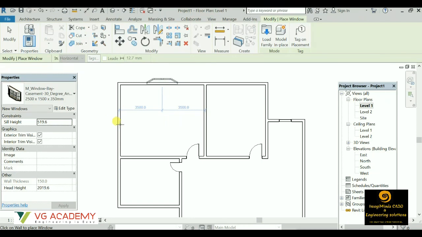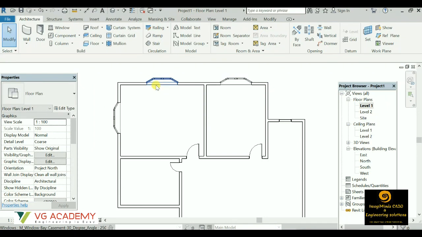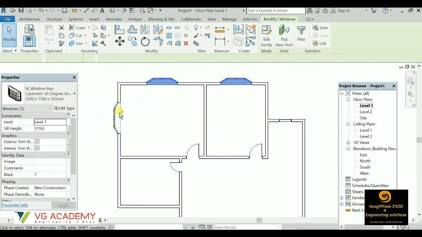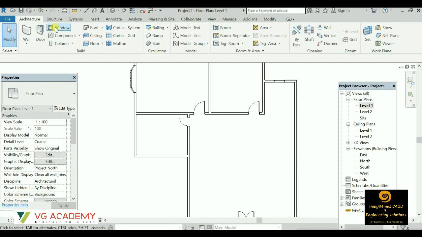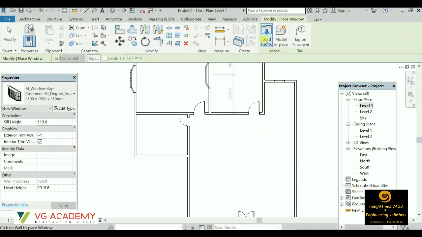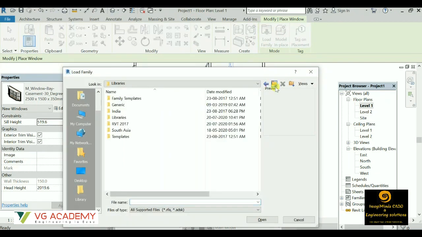So we'll place one over here, the other we can place here as well and at this position like this. So we have to change the sill heights. Sill heights will be 600, then it will be exact. So like this we can import different types of windows. So let me show you a few.